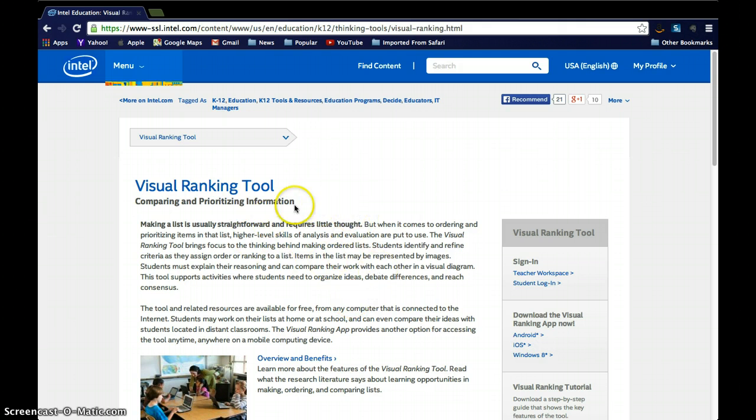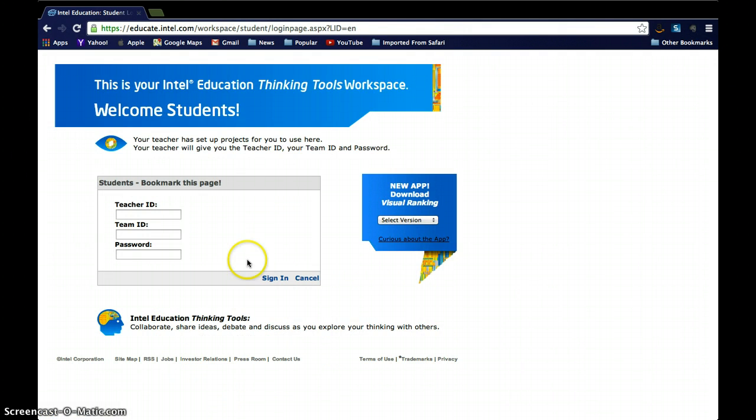So again, this is the home page of the visual ranking tool. You'll go over to the right. The student will click Login. You created a teacher ID when you created this project, and that is something that you will have to give to the learner. I'll just type mine in as if I'm the learner. You give the learner the team ID and also the password that's specific for that team ID. So we'll start with the black team, which I made the password black, and then you will proceed to sign